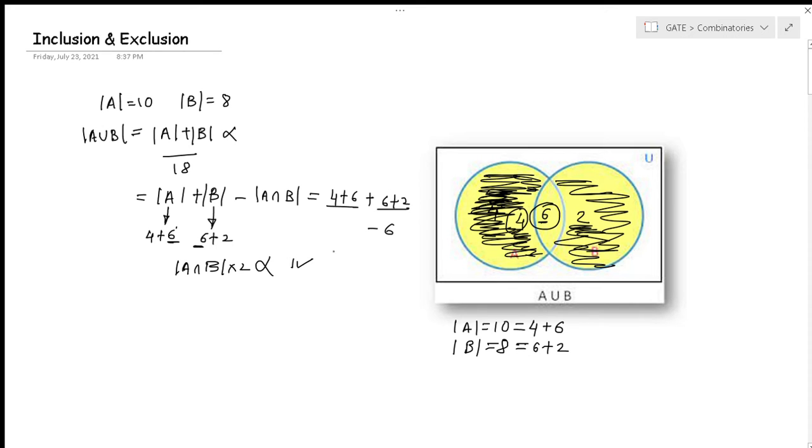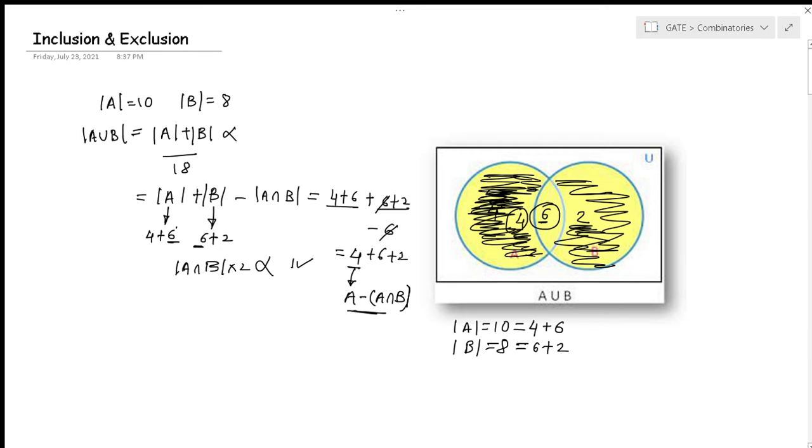So how will it look? For the purpose of intuitive understanding, I am writing this as 4 plus 6 and not just 10. So say this 6 cancels that 6. So what I have is 4 plus 6 plus 2. What does it represent? These four elements belong purely to set A and not at all to any other. So that is A minus A intersection B. These are the elements which purely belong to A, because I subtracted the elements which A shared in common with someone.